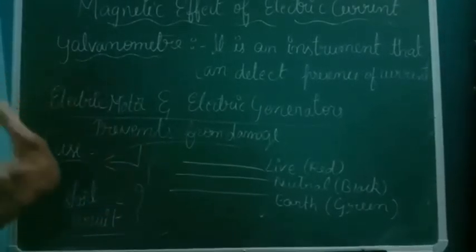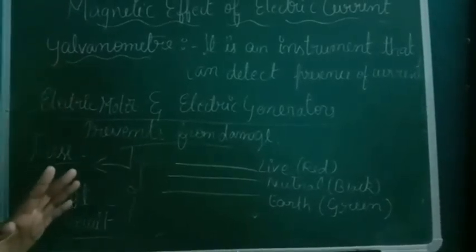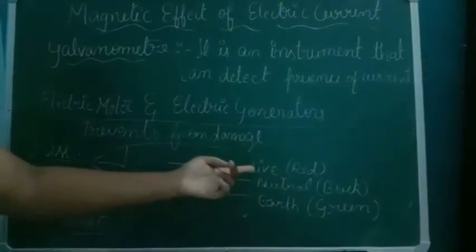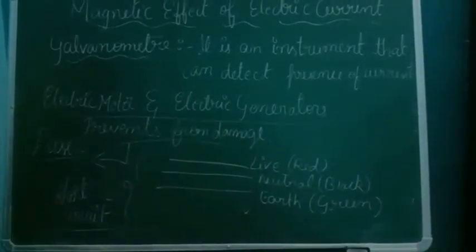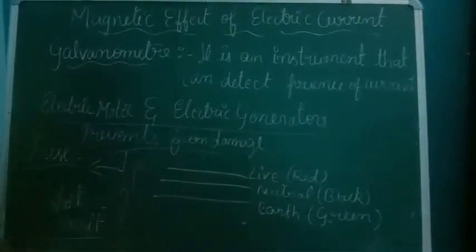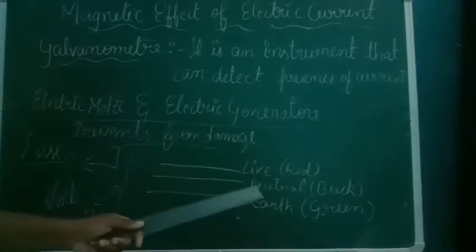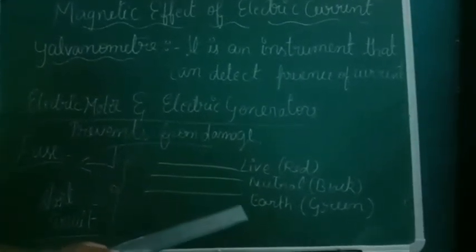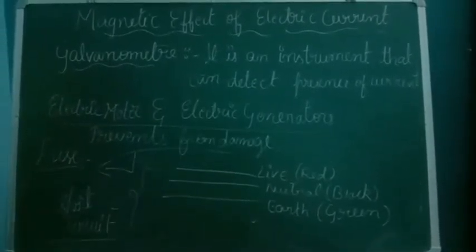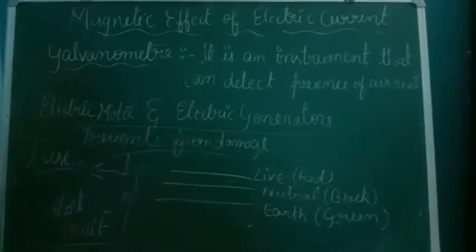Usually, to know this you need to know the three different wires. Everybody's home has wires, and they are insulated, right? If you check the wires, we can see three different wires. The first one is a live wire, the next one is a neutral wire, and the other one is an earth wire. Usually the live wire is red in color, the neutral wire is black in color, and the earth wire is green in color. These three different wires are combined together to form a circuit.